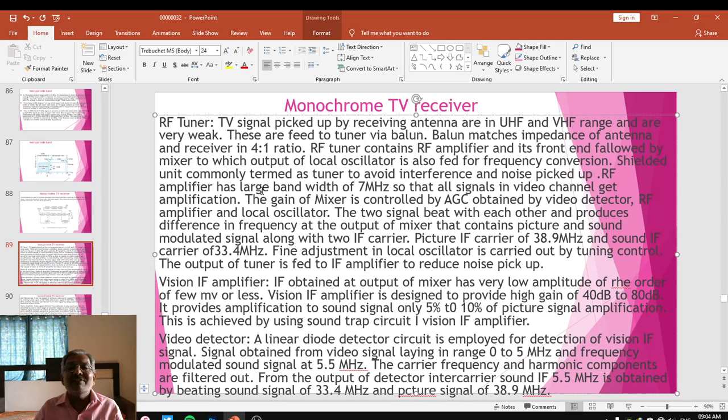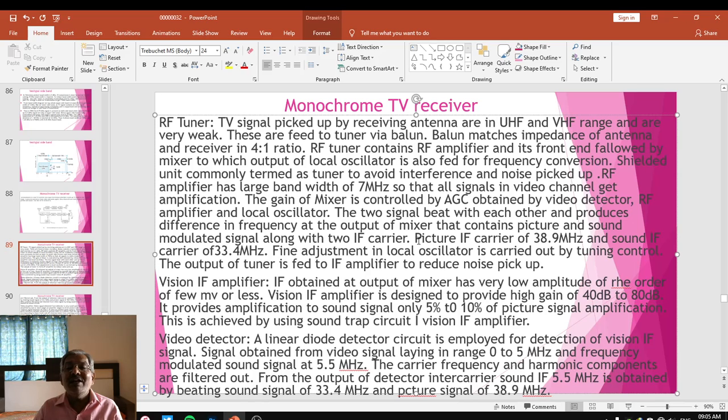The RF amplifier has a large bandwidth, almost 7 MHz, that is equal to the vestigial sideband being transmitted by the transmitter, so that all signals in a video channel get amplification. The gain of the mixer is controlled by AGC obtained from the video detector. The RF amplifier and the local oscillator signals beat with each other and produce the difference in frequency at the output of the mixer that contains the picture and sound modulated